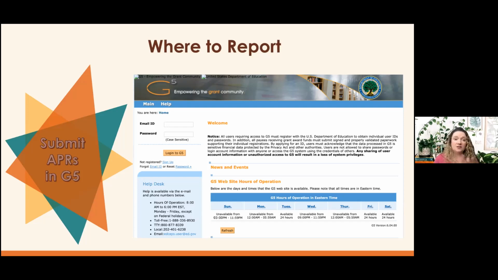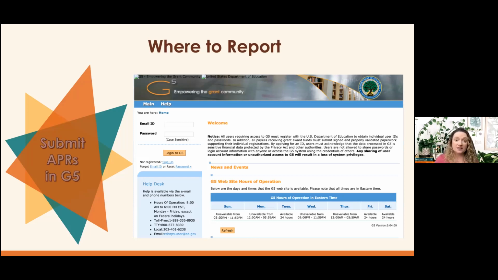But when it comes down to actually accessing the reporting in G5 and submitting it, only your project director is going to be able to do that. So if you happen to have a G5 account for whatever reason and you don't see it there, it's potentially because you're not listed as your project's project director. That's part of why we've been reaching out over the last 2 months, verifying the contact information for everybody and who's your project director and who's your authorized representative, to make sure that you're in a good place to be able to successfully do your reporting.